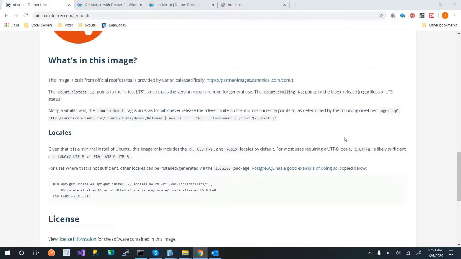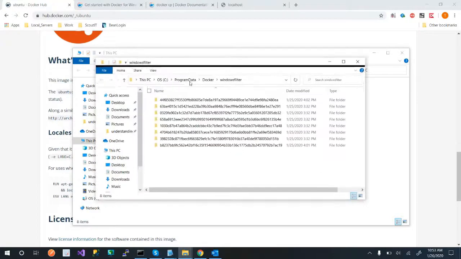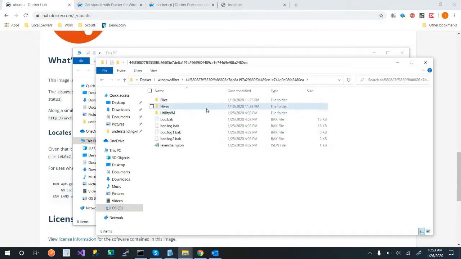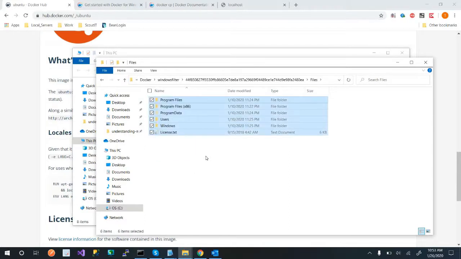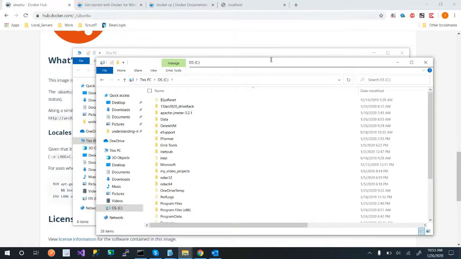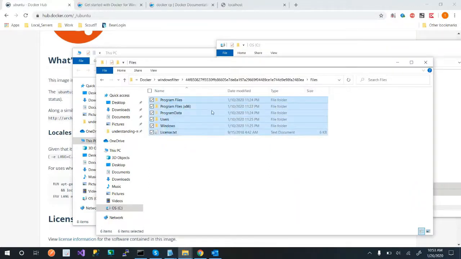I want to show you one more time, just to prove my point about the hardware software thing. I think it's in programs. Let's see. Actually, I had a shortcut here. There we go. So program data, Docker, and if I look inside the container, in files, you can see this actually looks like a little Windows C drive, right? So if I go to my C drive, it actually took out the things that it needed. Program files, taking out's a bad word, but it actually is a copy of the software, not the hardware.